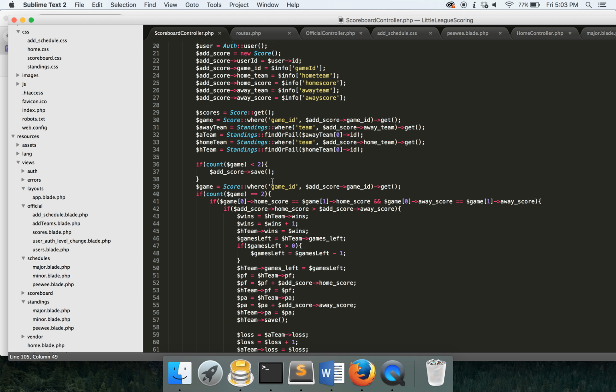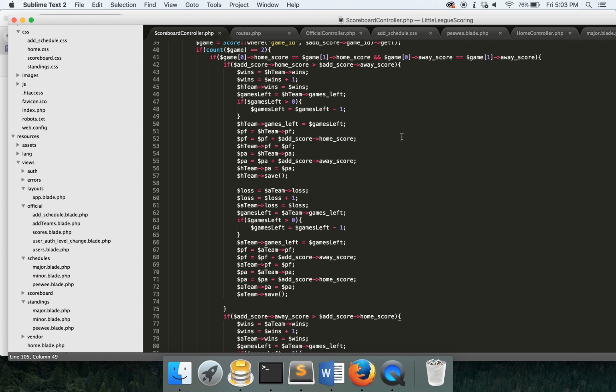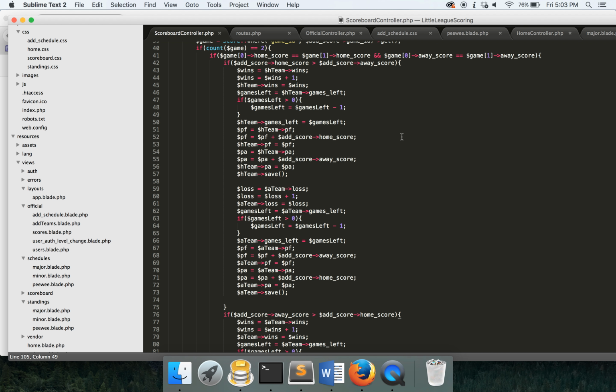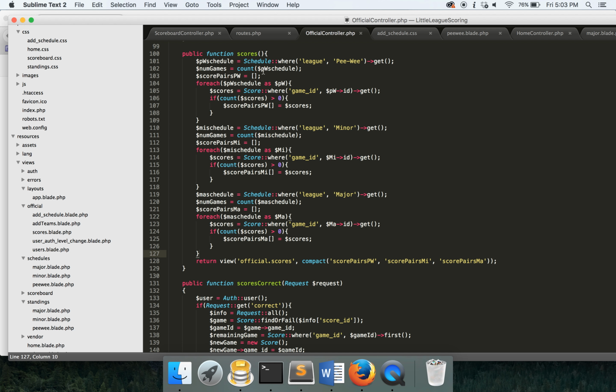After you add it, it's checking to see if there are 2 scores. If there are, it's comparing the 2 home scores and the 2 away scores. If those are the same, it updates the standings by adding a win. If the home team has a larger score, it adds a win to the home team, adds a loss to the away team, and updates the points for, points against, and all those stats you usually see on a standings page. If it does not match up, it sends it over to the scores page that is handled by the official controller